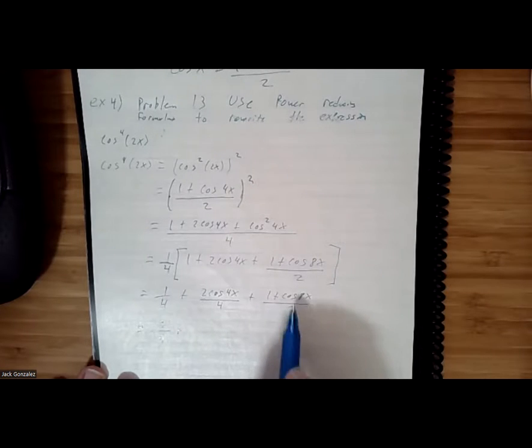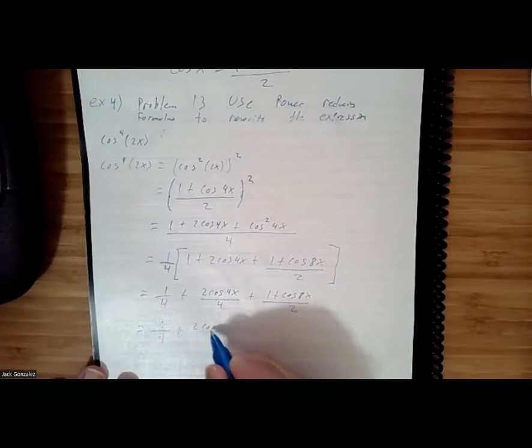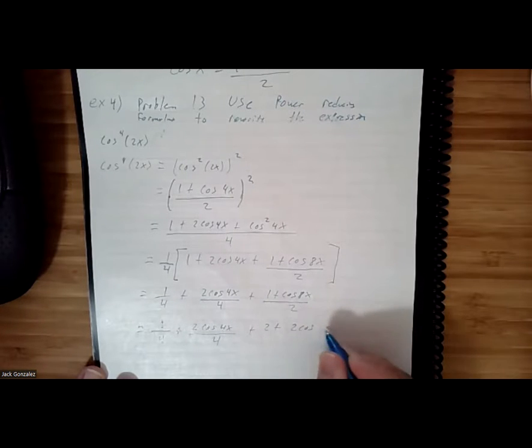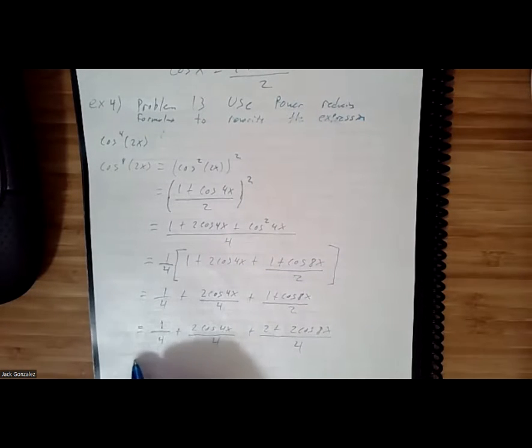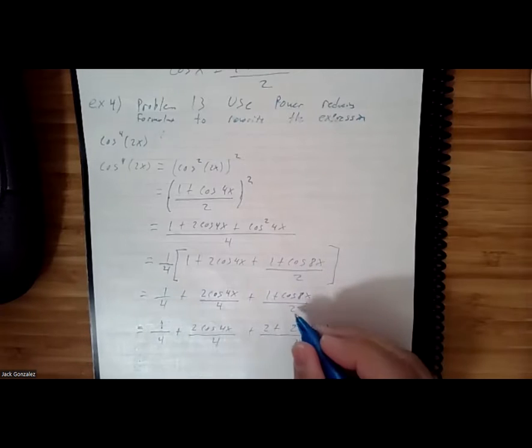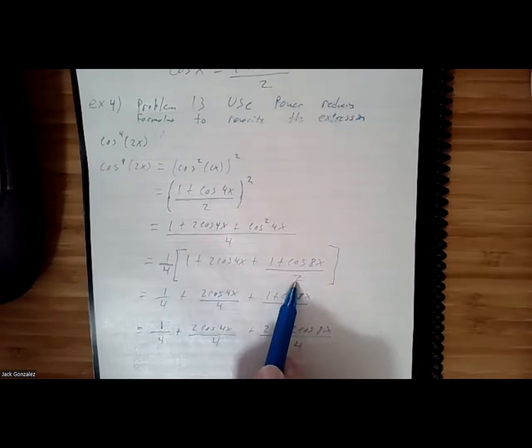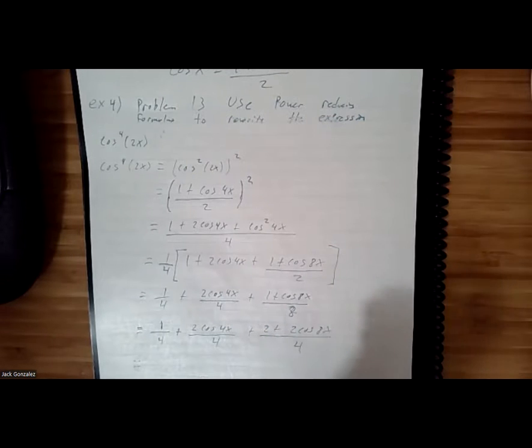Multiply the top and bottom by 2, and we can combine everything. So 2 times 1, 2 times that, that'll be 2 plus 2 cosine 8x over 4. So now they're all fours. Oh, shoot, actually, this is supposed to be an 8. 1/4 distributed would make this into an 8, which means this needs to be